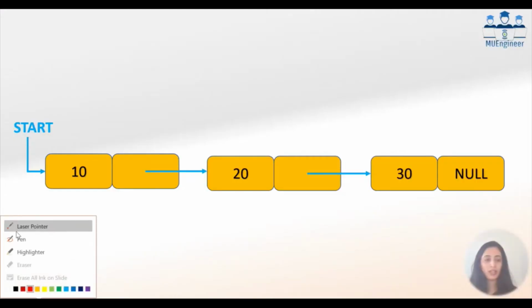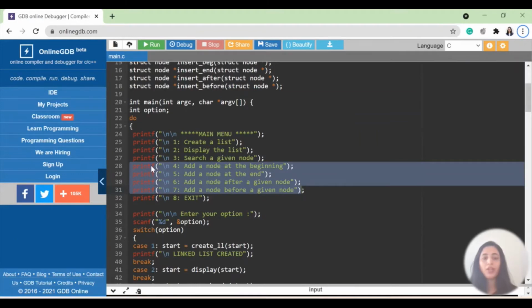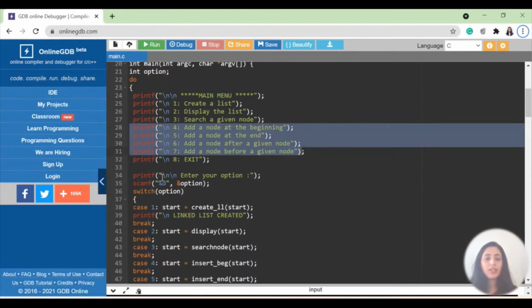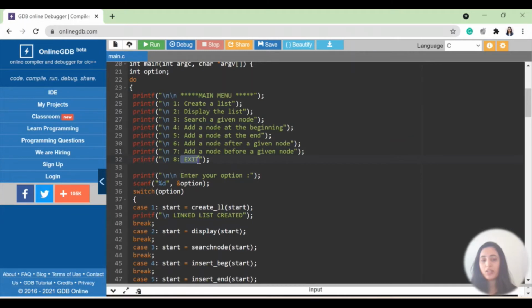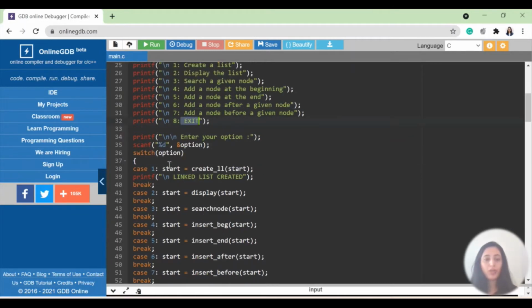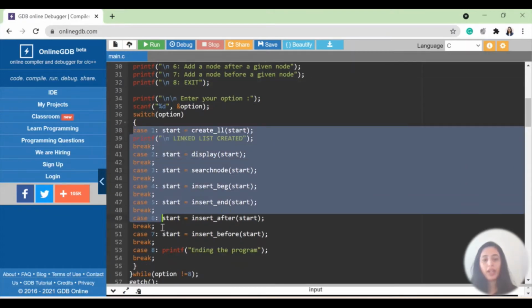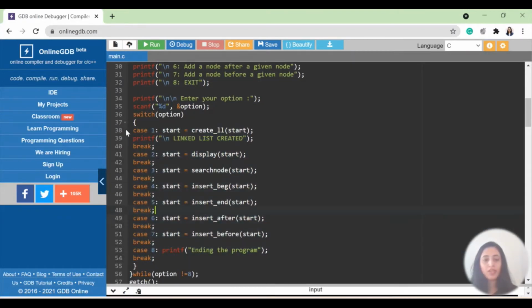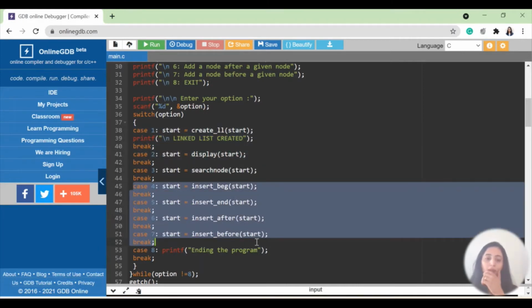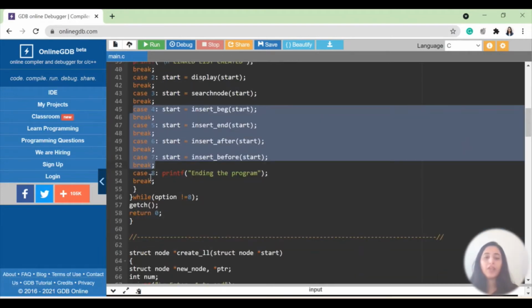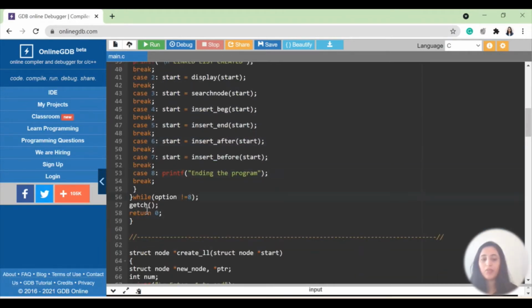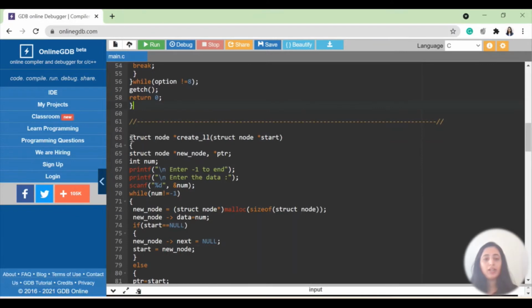So now we will go and see the operations. So here is the prompt to enter your operation. If exit is pressed, that is option 8, then only we will stop the loop. So here in the switch case I have all 8 cases. These 3 we have already done with. Now we will focus on cases 4 to 7, that is all the different insert functions. If case 8, that is exit, is entered, then we will stop the do while loop and return from the main function. So now let's go ahead and understand the functions.